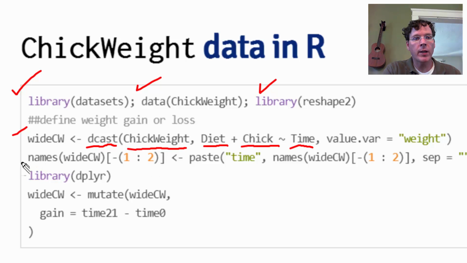So, and then I didn't like the names that it was giving it, so I renamed the latter couple of columns. Then I wanted to create a specific variable that is simply total weight gain from time 0. So I use the package dplyr, which then I take my data frame and I do the command mutate, and I want to give it my data frame again, and I want to create a new variable which is just